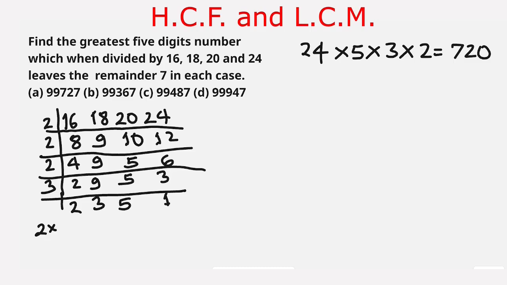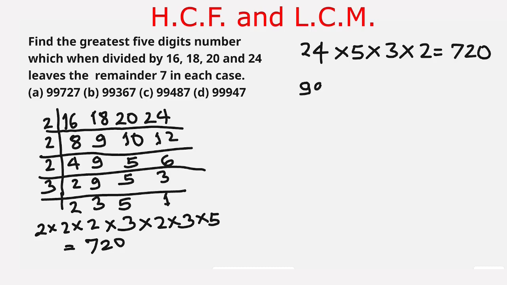LCM is 2 multiplied by 2 multiplied by 2 multiplied by 3 multiplied by 2 multiplied by 3 multiplied by 5. 5 times 3 is 15. 15 times 2 is 30. 30 times 3 is 90. 90 times 2 is 180. 180 times 2 is 360. And 360 times 2 is 720. 720 is our LCM. Now we divide the greatest 5-digit number,